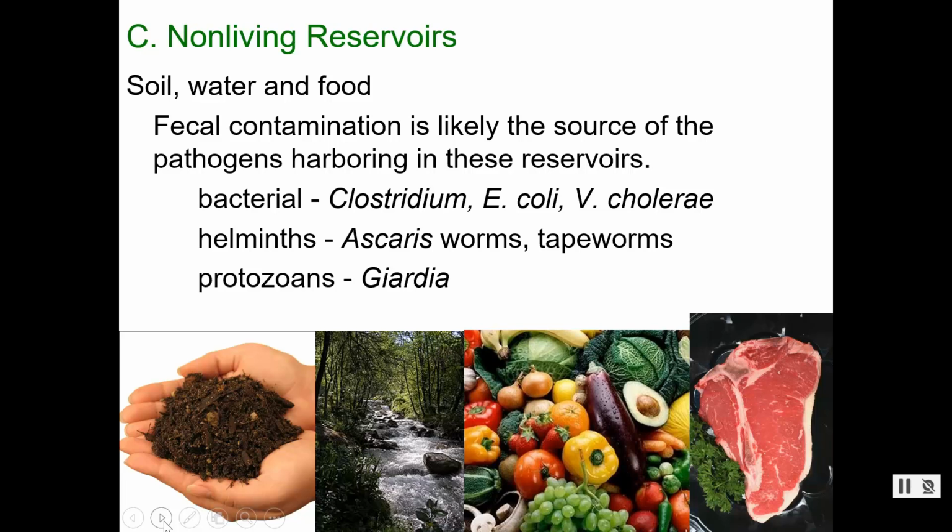So this SARS-CoV-2, they do not believe that a non-living reservoir is a big source of contamination for this, which is why they're telling you to go out and you can eat at restaurants, take out, pick up, that even if a person is preparing the food, as long as they're taking some proper typical precautions on that, it's unlikely that the virus will stay long on the food, especially heated foods and that kind of thing.